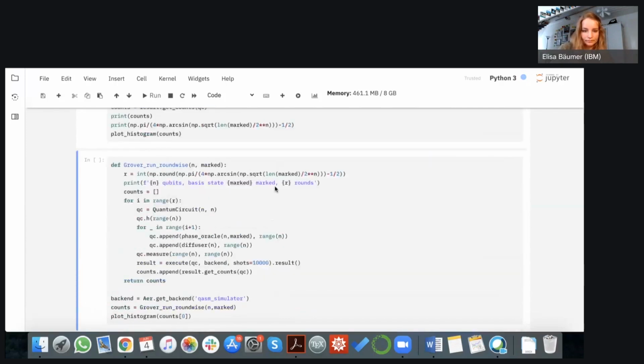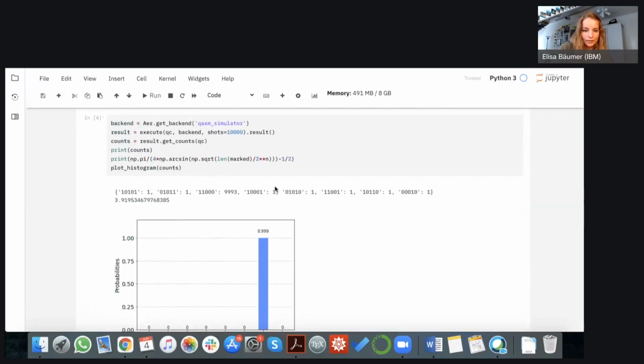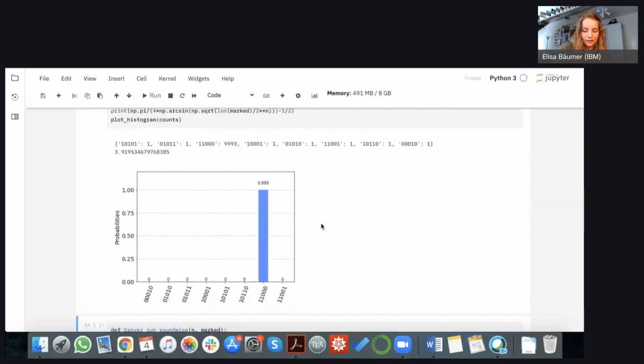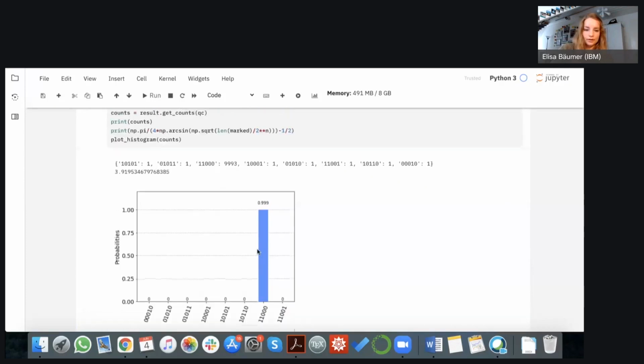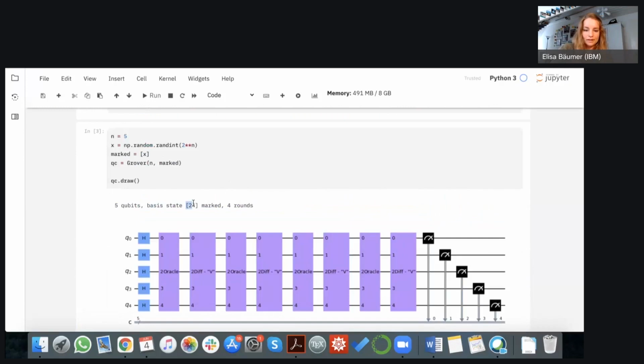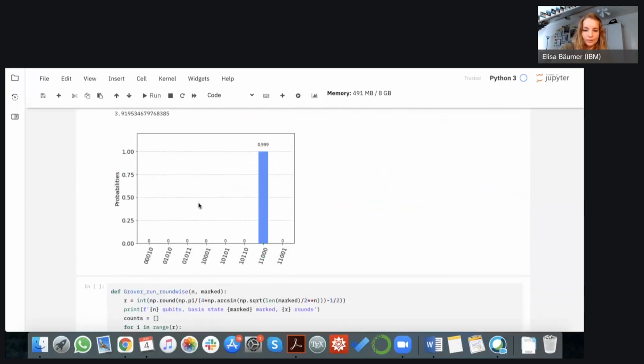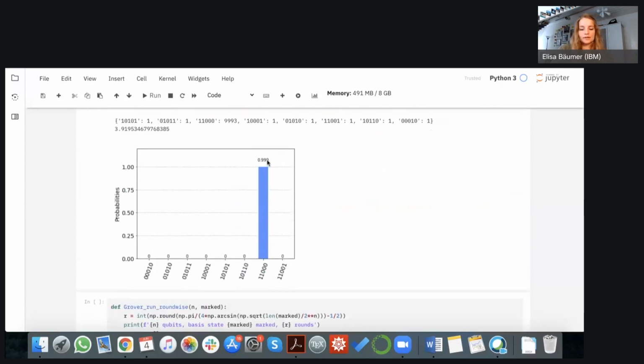So here we can see our results. And as you may notice, this number here, 11000, is just the binary representation of 24, which was our marked element. So with a 99.9% probability, we actually measure the correct element.